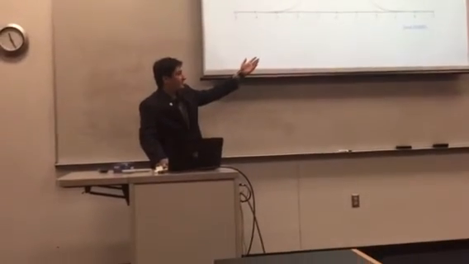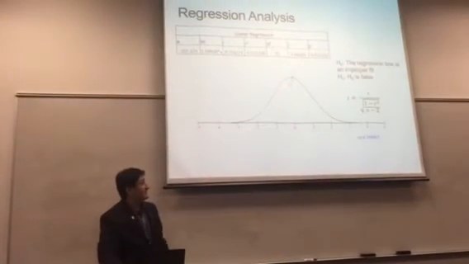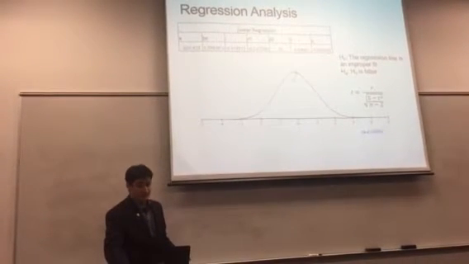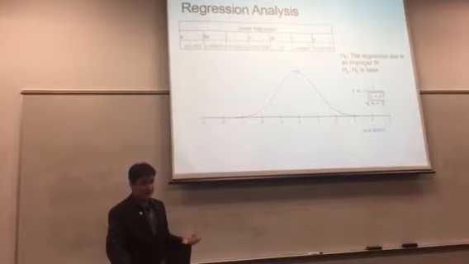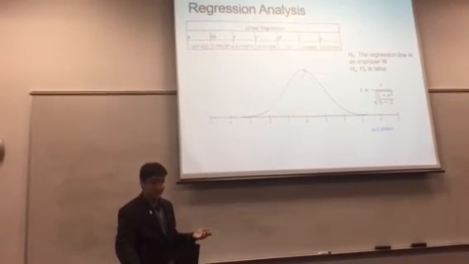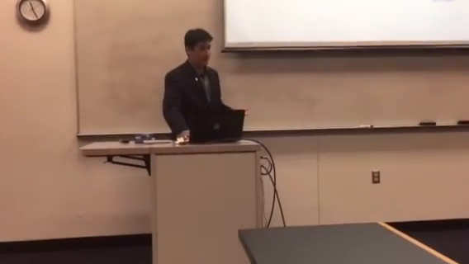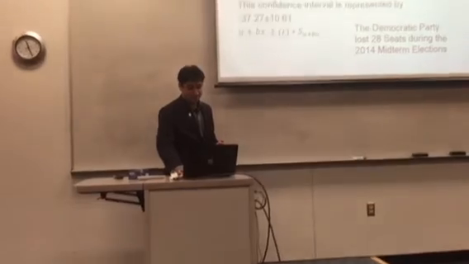And by the way, I forgot to go over the hypothesis test. I just had a null hypothesis that the line is an improper fit, and the alternative hypothesis that this is false. So the null hypothesis was proven incorrect, which means that this is a relatively proper fit, which means I can go and use this for predicting the elections.